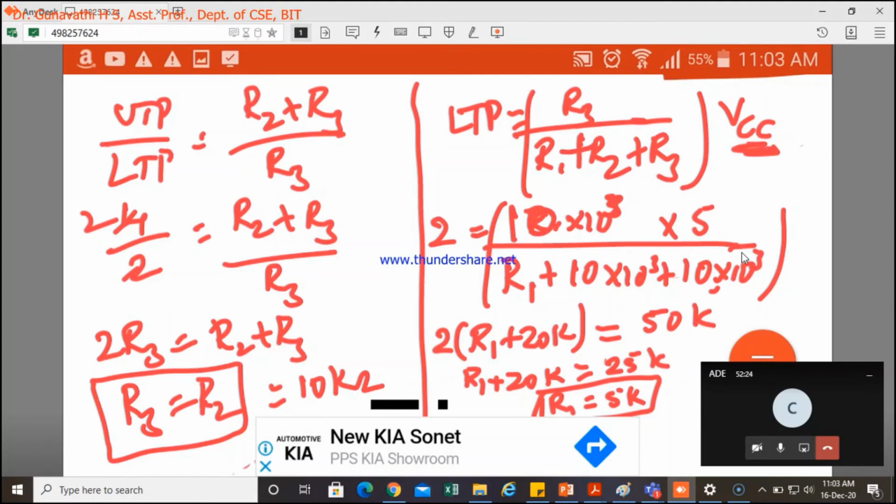So you should remember that also. When your VCC is 5 volts and the problem gives 6 volts as your upper threshold voltage, then you can't consider VCC as 5 volts. At that time, instead of considering 5 volts, you consider a bigger value for the VCC. So you take 12 volts, or 10 volts.